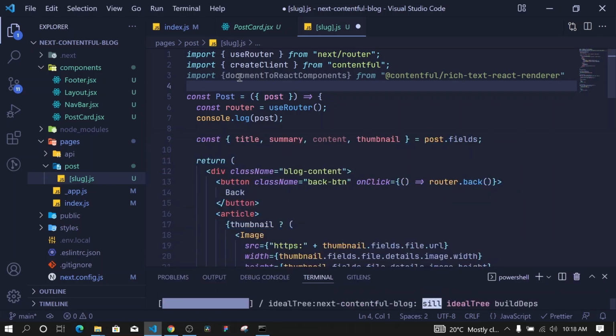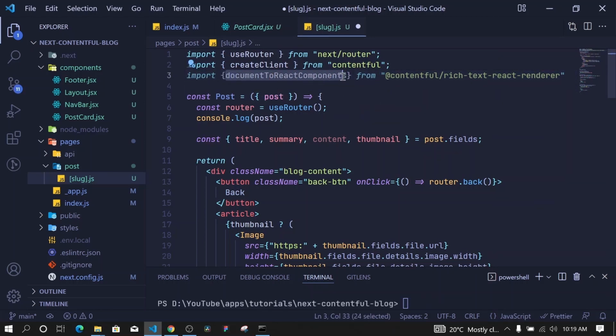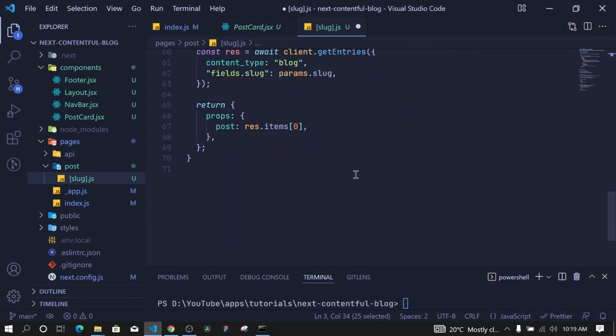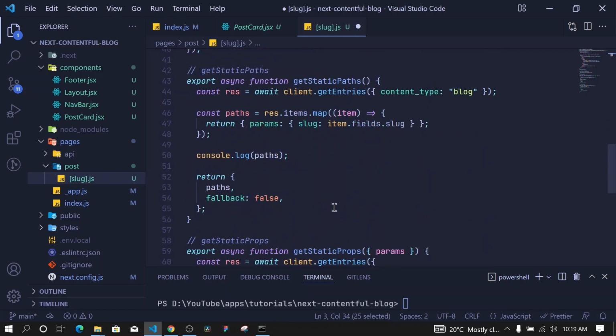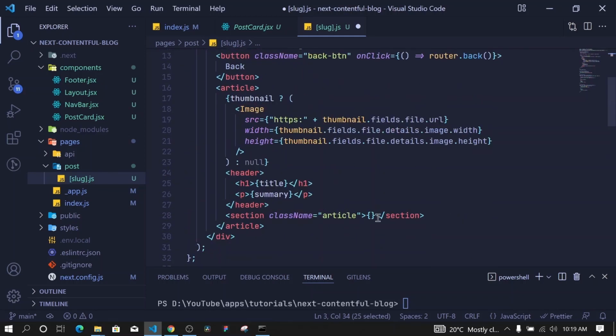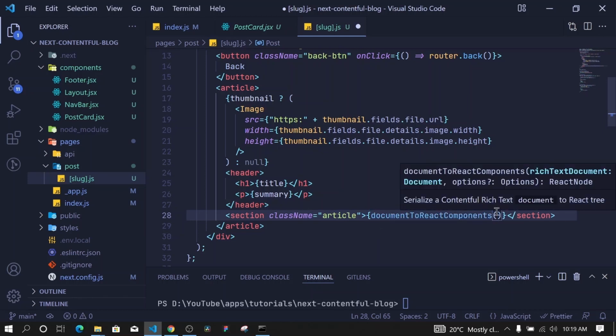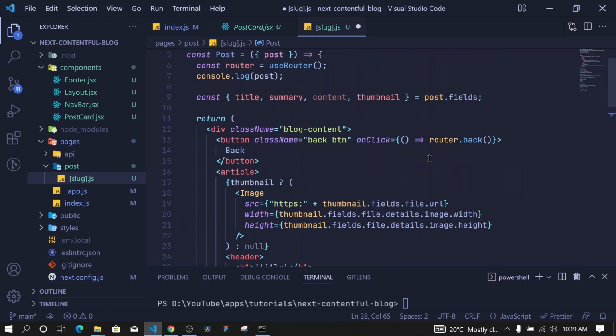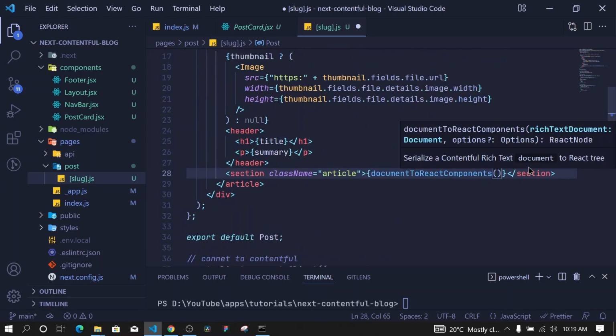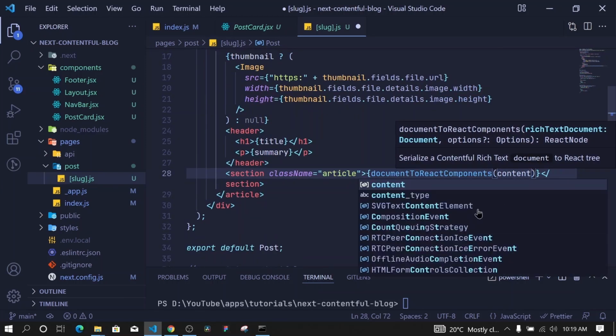So as that installs, I'm importing document to React components, and now I can make use of this to format the rich text content. So I'll copy that, and down here where we are displaying the article, I'll make use of that, and I'll go ahead and invoke it and pass our content in here. So we destructured content, so I'll pass it in here,